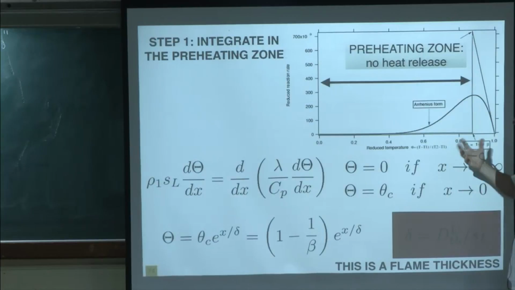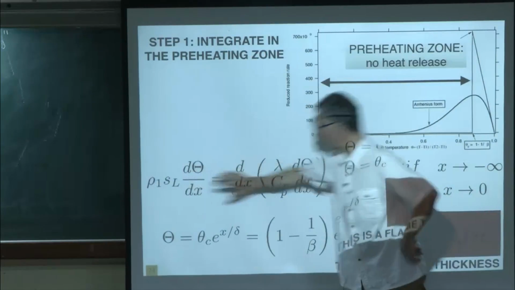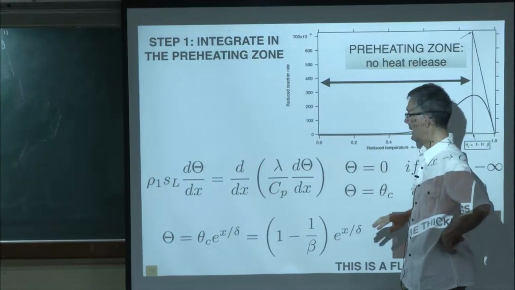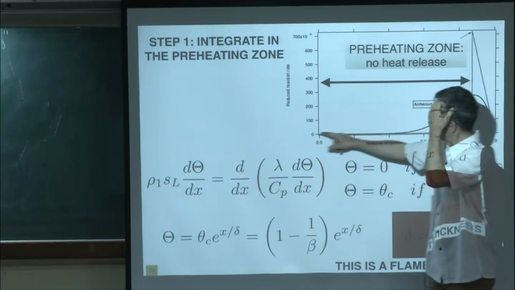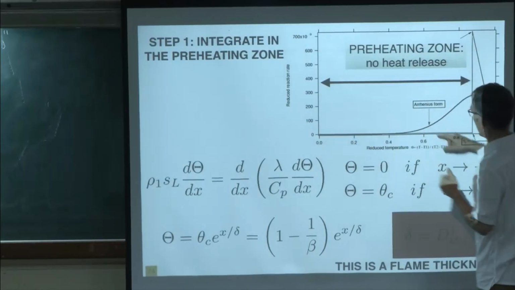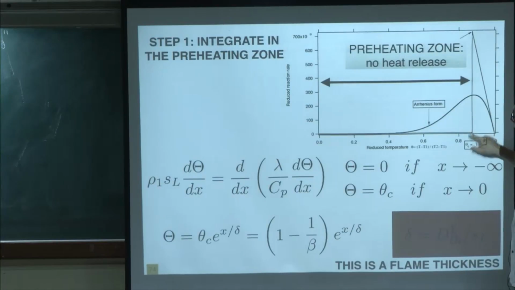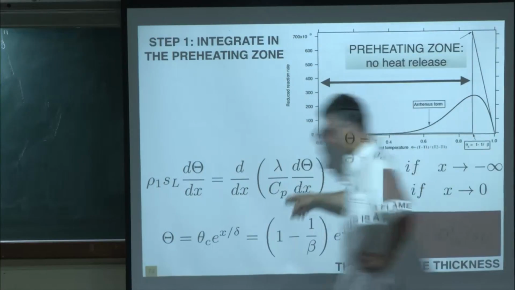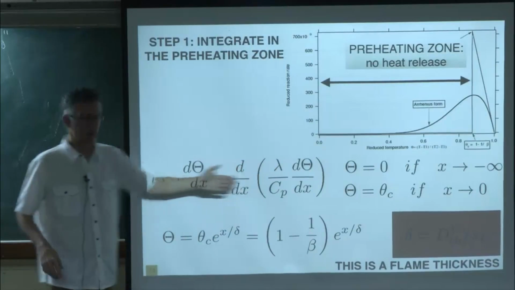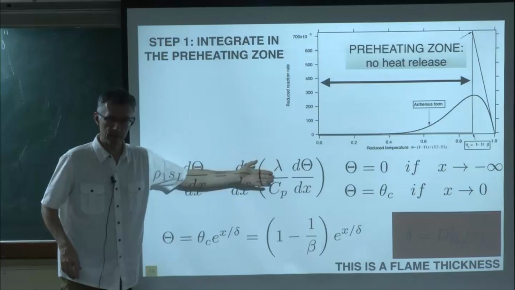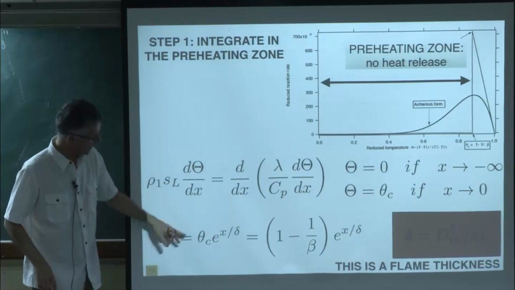And in that case, we know there is no heat release. So the equation looks like this. Convection equals diffusion plus 0. And the boundary conditions are simple. It's temperature equals 0 here, and temperature equals 1 minus 1 over beta at that point. So you plug that into this expression, and this is a simple differential equation, okay? It's y prime equals a y second. We say for the moment that lambda over Cp is constant, and you integrate this thing,